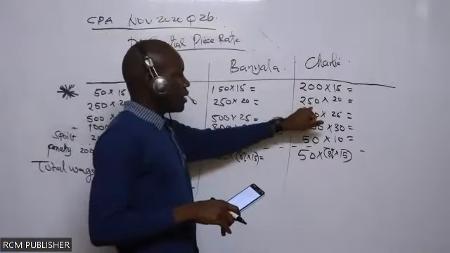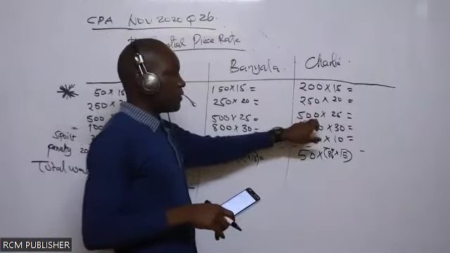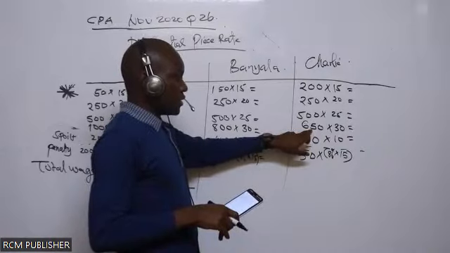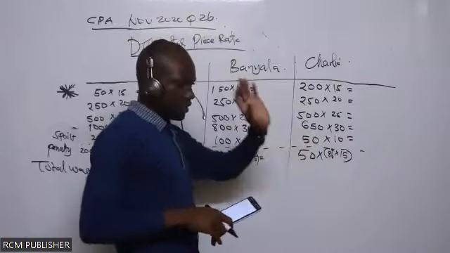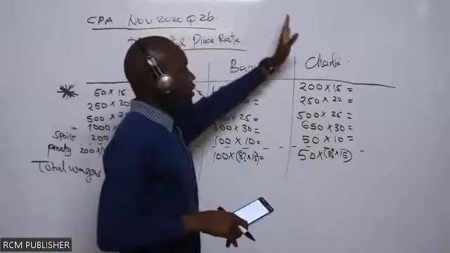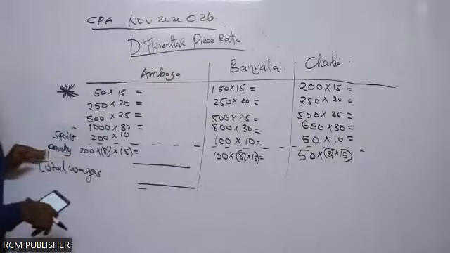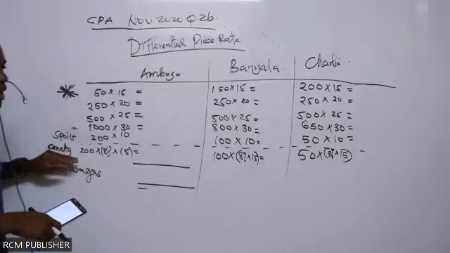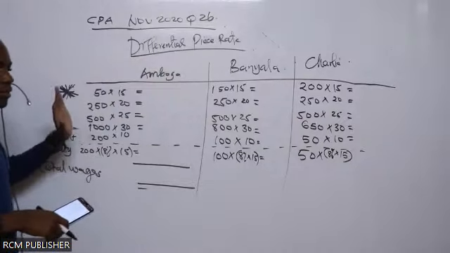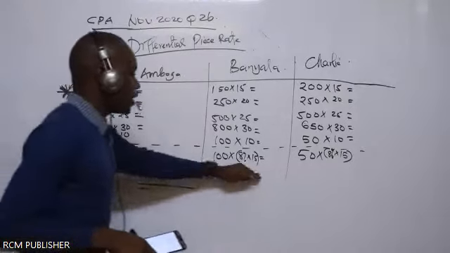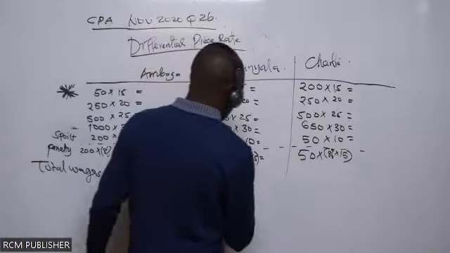Here, 200, that is for 50 plus 500, 950 plus 650, we are going to have 1,600 plus 50, 1,650. That's the total goods that were produced by Charlie, before we bring in the element of the penalty. So let's now calculate these things and you give me the values down here. Total wages